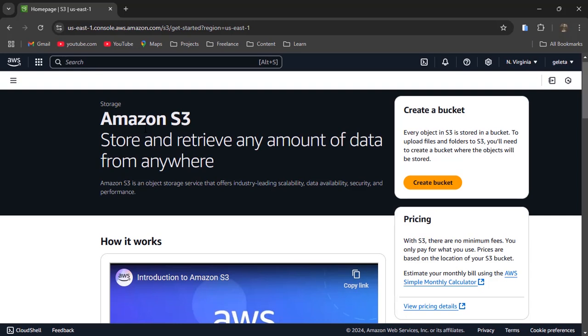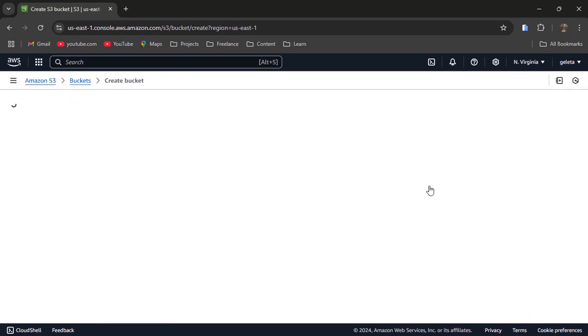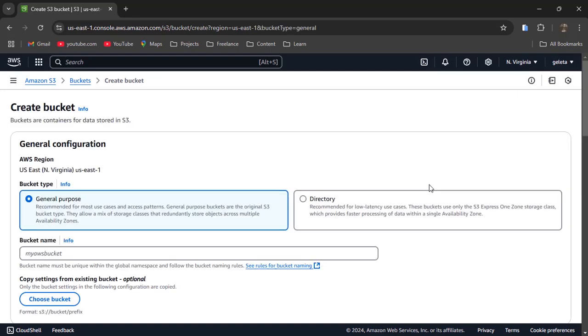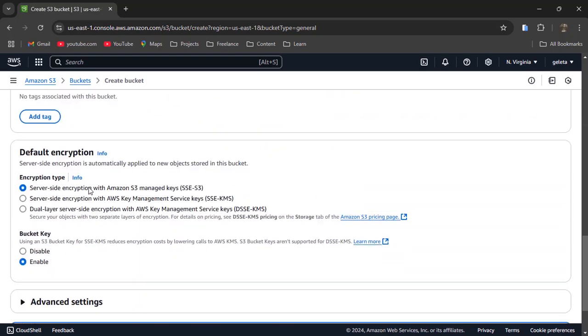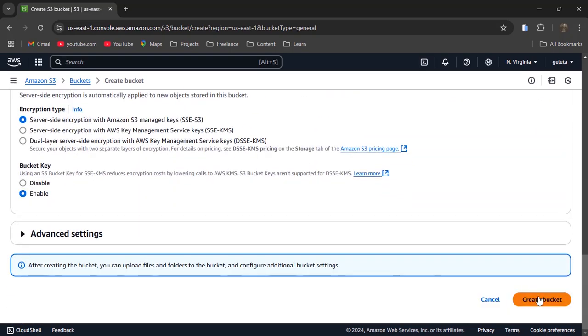So let's create a bucket. To create a bucket, or a folder, in Amazon S3, you click the create bucket button. Here you provide a bucket name. Let's give it the name website. We said earlier each bucket has a unique name across all of Amazon S3. So we will say website, leave everything as it is, and click the create bucket